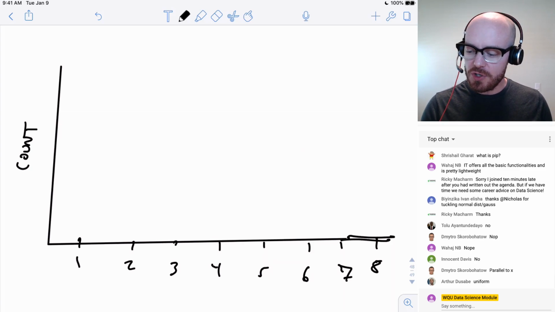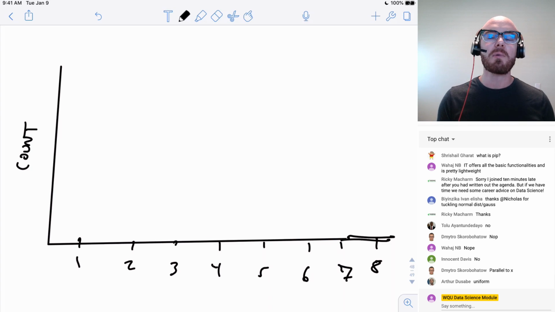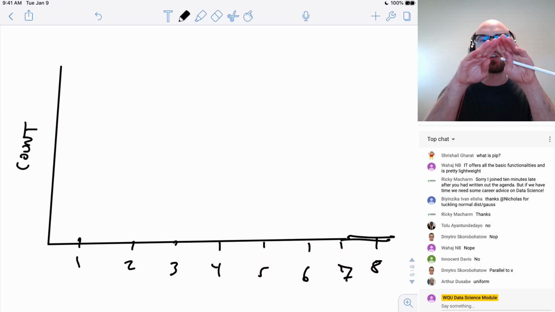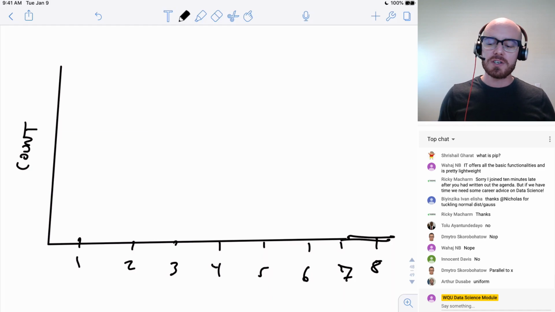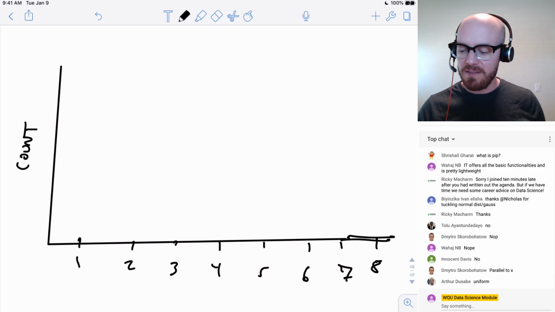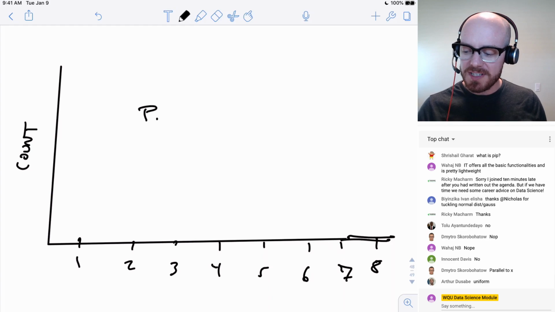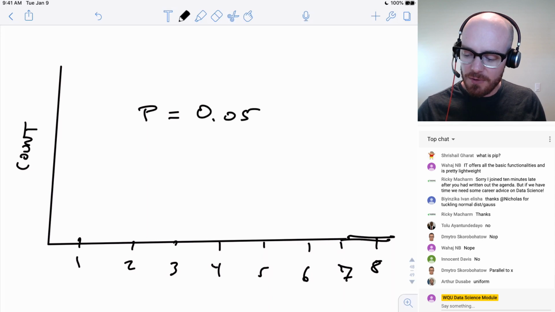So what you need to do is think a little bit about what the probability is and how those probabilities are going to be distributed across all of your values. And when we talk about what p-value we use, the general standard in the social sciences is 0.05.